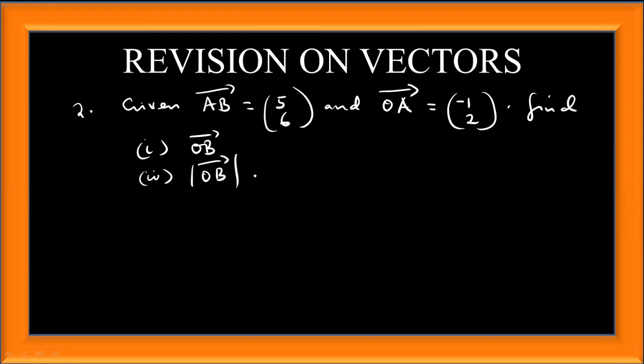Please, they can write the name. And in your question papers, when they don't put the arrows, they make sure these letters are bold. They appear a little bit dark compared to the other letters or other words. Now, what would we do in this particular case? First of all, to get OB, you must realize that B